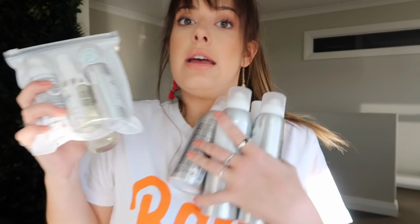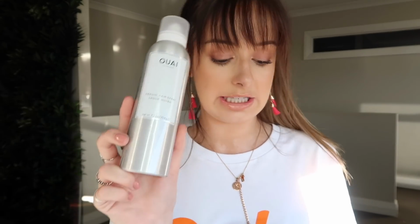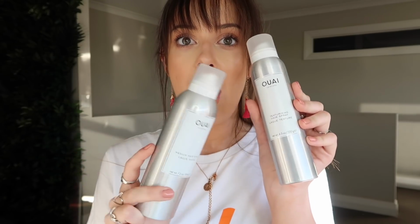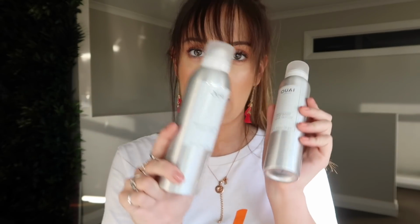a heap of Way hair care. So Way is a brand by Jen Atkin. I like Jen because she's funny, so hopefully her hair care is as cool as she is. So this is the medium hairspray and the texturizing hairspray. I got heaps of recommendations to buy this, so this was my first thing I bought, and then I went back and bought the medium hairspray because this, I was like, probably won't set, and I want something to